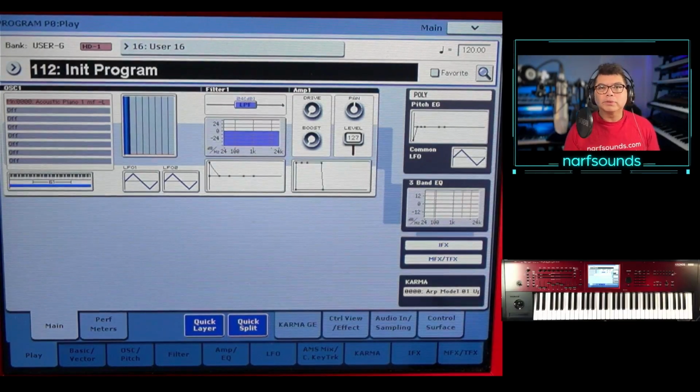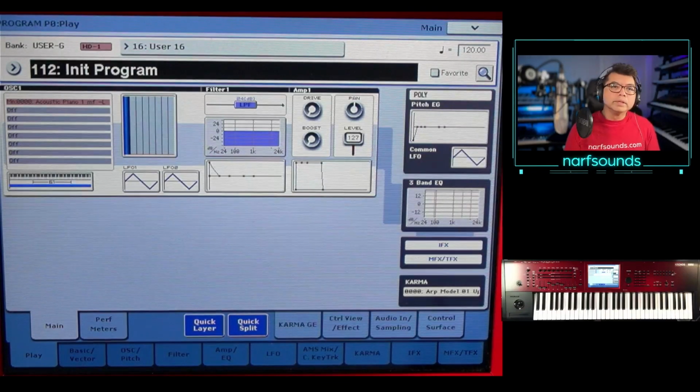Today I'll be talking about the wave sequence function of the Korg Kronos and the Korg Nautilus. In the beginning of the video, I show different examples of how wave sequencing can be applied. So you could play a single note and you can hear a full melody come out of the keyboard. You could play chords and have evolving pads or rhythmic pads play back. Or you can also do a round robin sort of effect where you're going through different samples every time you